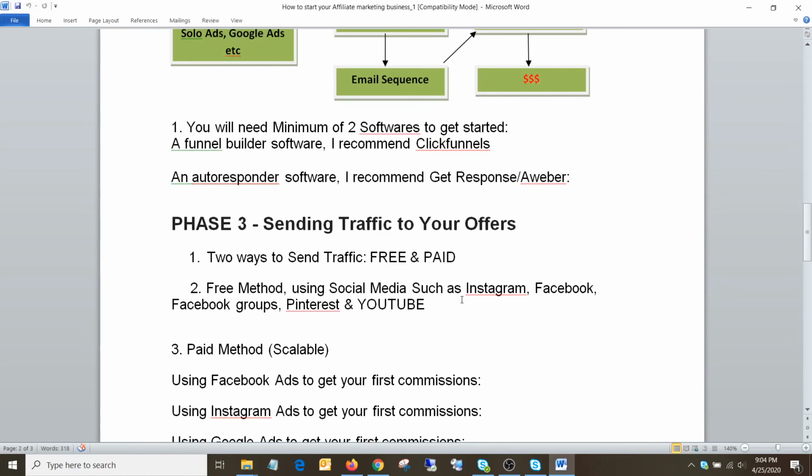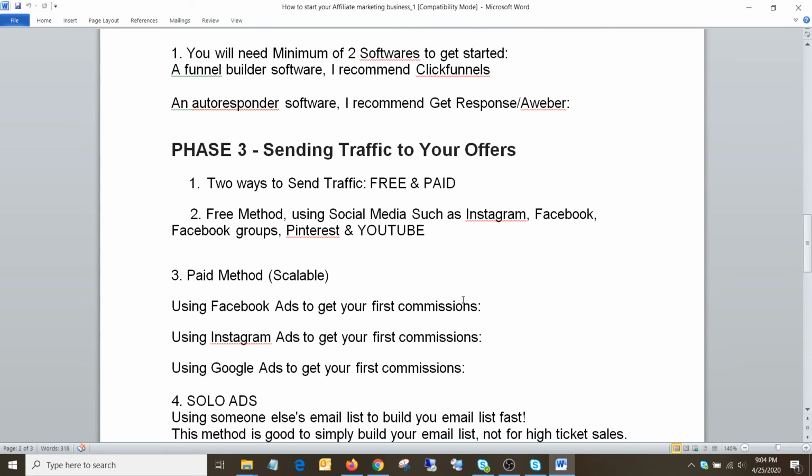While sending the traffic as well, as I told you, you need to be very specific and stick to one traffic source. Let it be YouTube, blogs, or Facebook, Instagram. Just focus on one thing and start building your audience there. So how do you build an audience? You provide value, and eventually you will gain the audience, and you can start promoting the products.